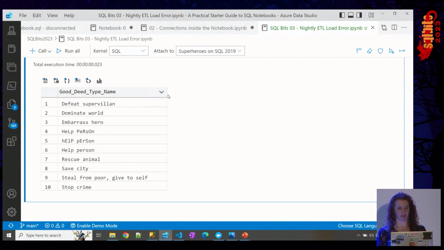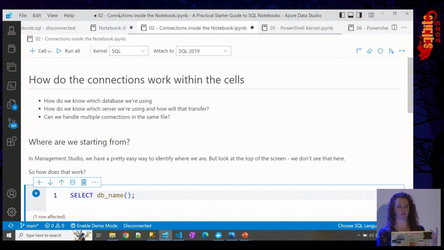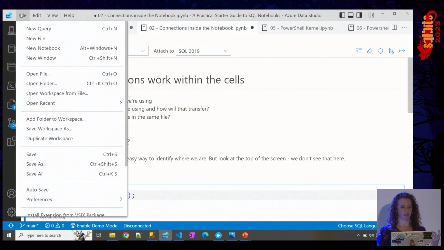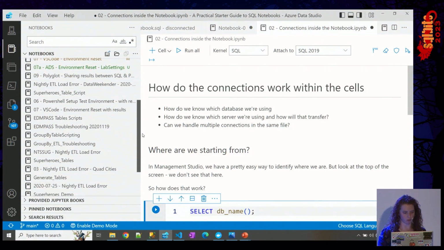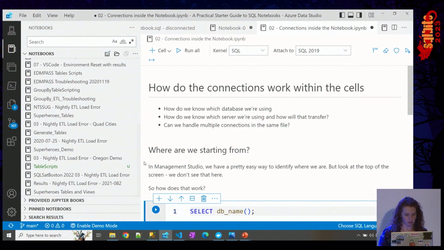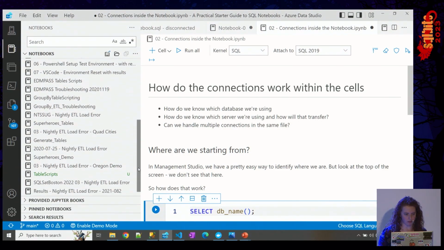So I'm going to save this. I'm also going to go ahead and close this, because here's the cool thing about notebooks, is the files, when you save them and you have results in those cells, they're saved with the cells. So I can scroll down here. I hit this side button and it's showing me all the notebooks in this particular folder. Then I'm going to scroll down, and somewhere in here, unless it's not saved yet,